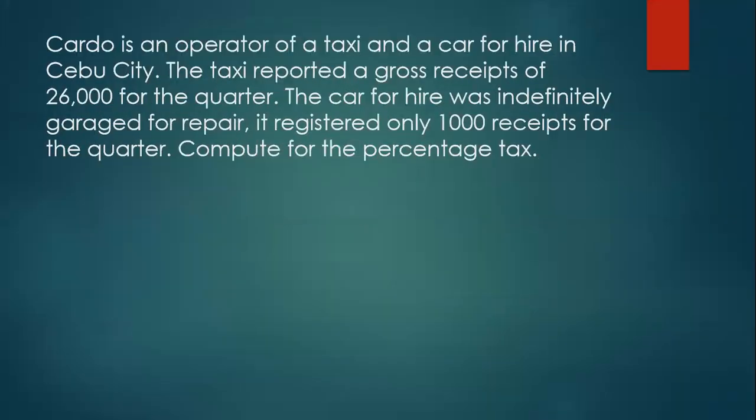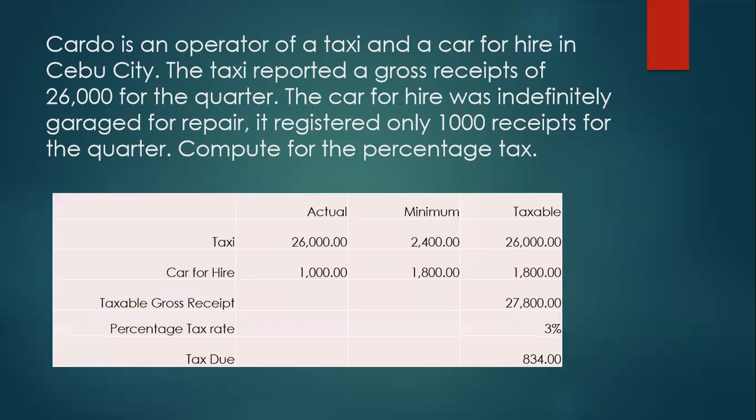Okay, next problem. Cardo is an operator of a taxi and a car for hire in Cebu City. The taxi reported a gross receipt of 26,000 for the quarter. The car for hire was indefinitely garaged for repair. It registered only 1,000 receipts for the quarter. Compute for the percentage tax. The answer should be,